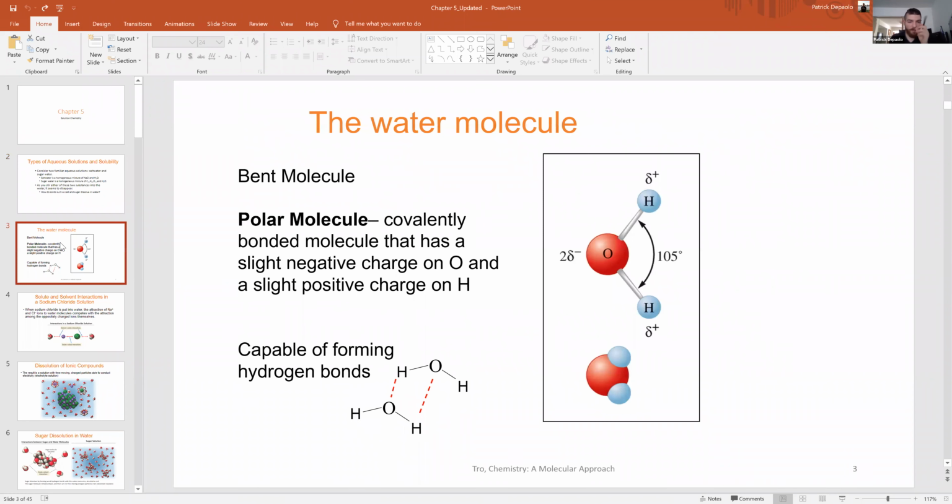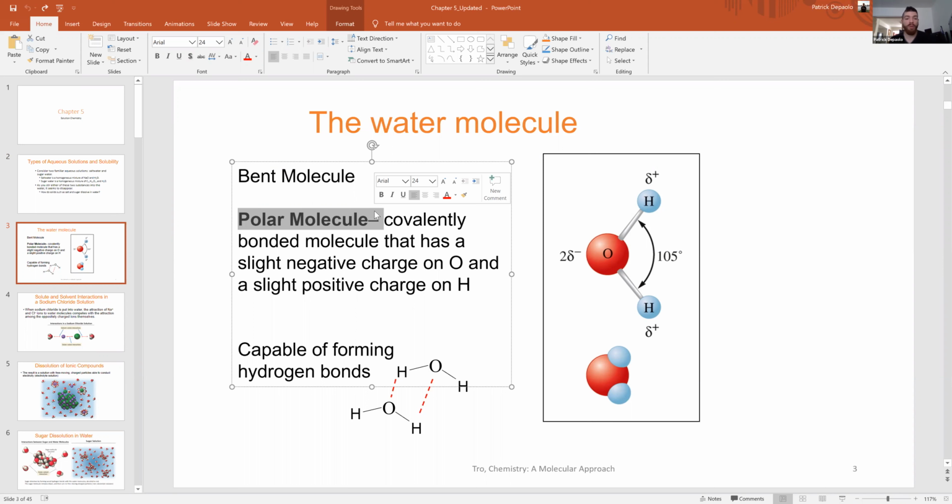There's a reason why sugar and salt dissolve into water and other molecules don't, and why sugar or salt do not dissolve into oil. That reason is because water is polar. Polar is a key word, and once we learn about the Lewis structure and electronegativity, we'll learn more about it. But basically polar means like polar bear, right? And water has to do with